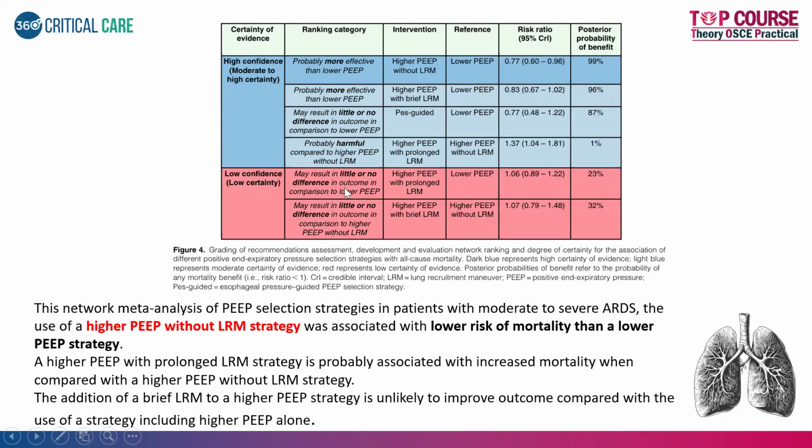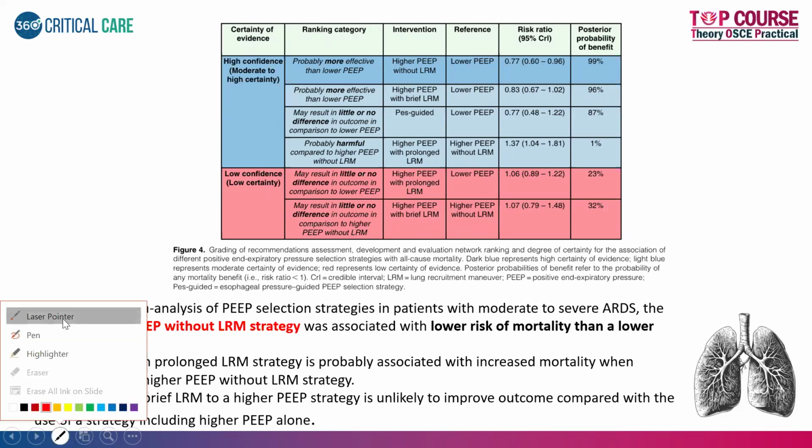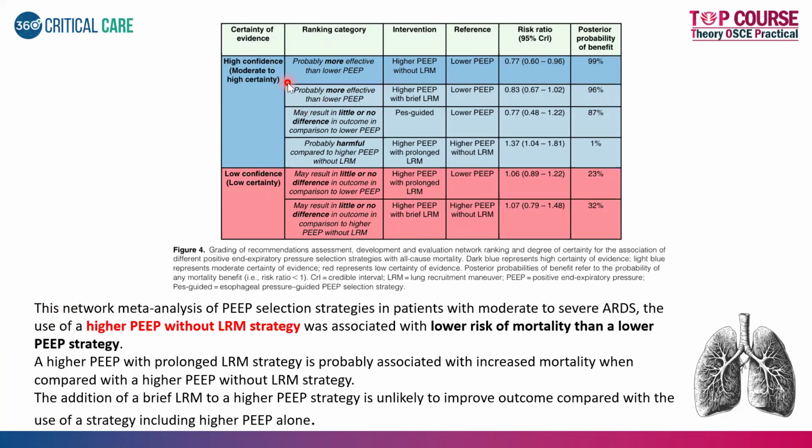Okay, so here, if you compare higher PEEP with brief LRM against higher PEEP without LRM, again without LRM is better. Okay, just the higher PEEP itself would suffice. So this is what I want you to look into. If you see this particular row, you will see there is a comparison between higher PEEP with brief LRM and lower PEEP. And if you see here, you'll see higher PEEP with brief LRM, but the comparator here is higher PEEP without